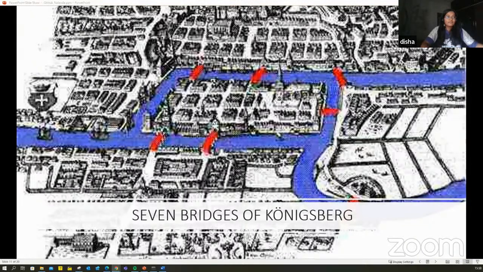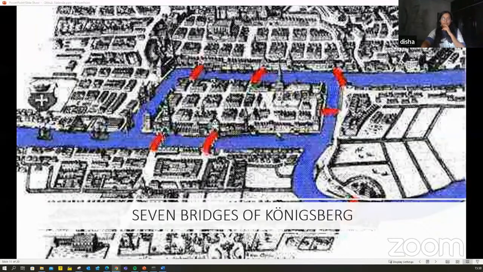Basically, this is an island and this is the mainland, and there's a river that flows. There are 1, 2, 3, 4, 5, 6, and there's one more here. So there are 7 bridges that connect this island to the mainland. You can cross the river using these 7 bridges.